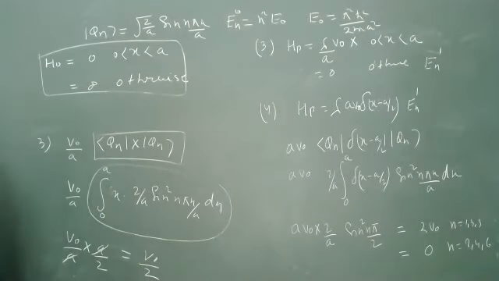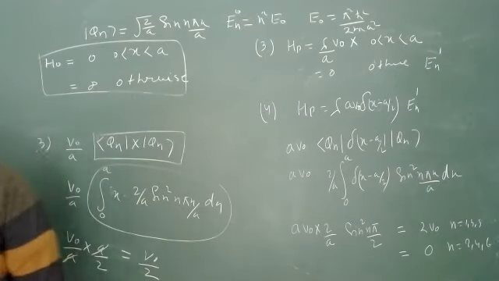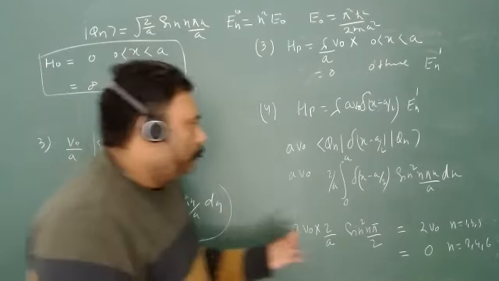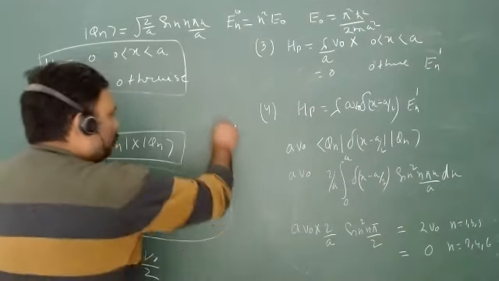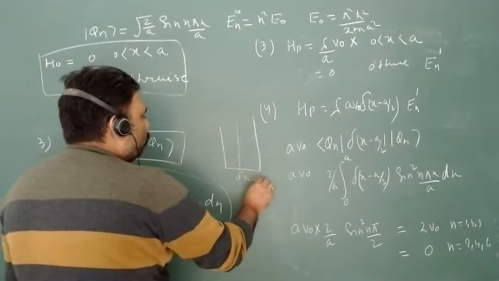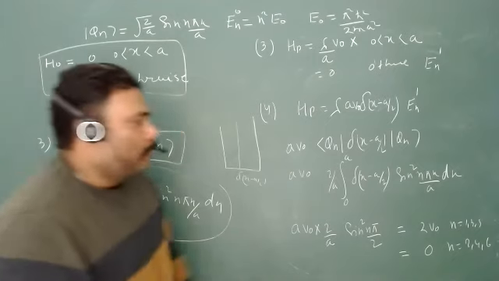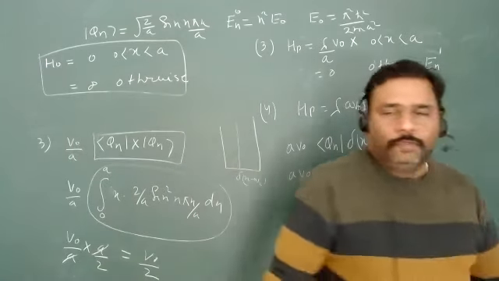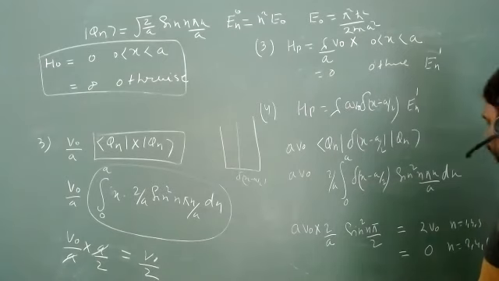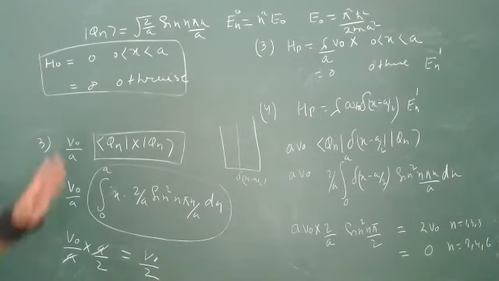Yes, sir. इस बार एग्जाम में आया था आपका लास्ट ईयर, सेम प्रॉब्लम was asked in your exam. Okay, so this type of perturbation, what is this perturbation? This perturbation is a very nice one. You have delta x minus a by 2 in a particle in a box, and you can have this sort of perturbation. So when n is equal to 1, 3, 5, this will be 2V naught, otherwise this will be 0. Okay, so this is all of the basic perturbation on particle in a box.